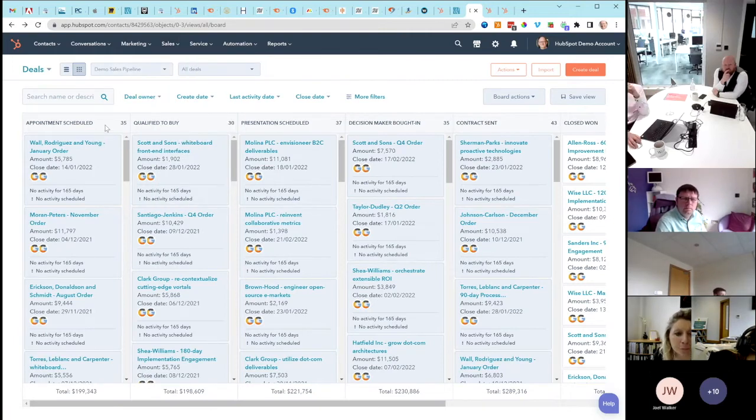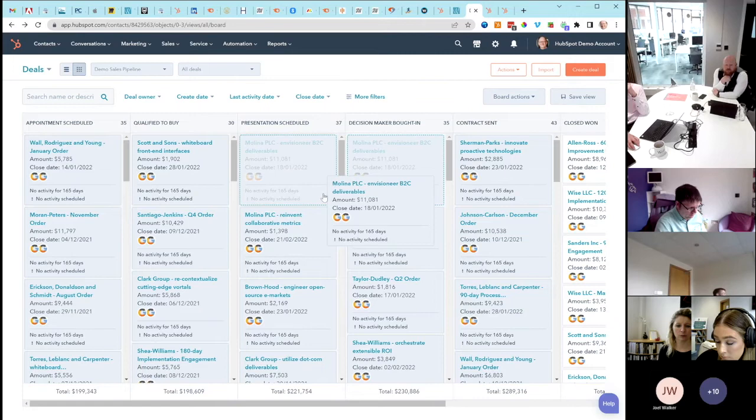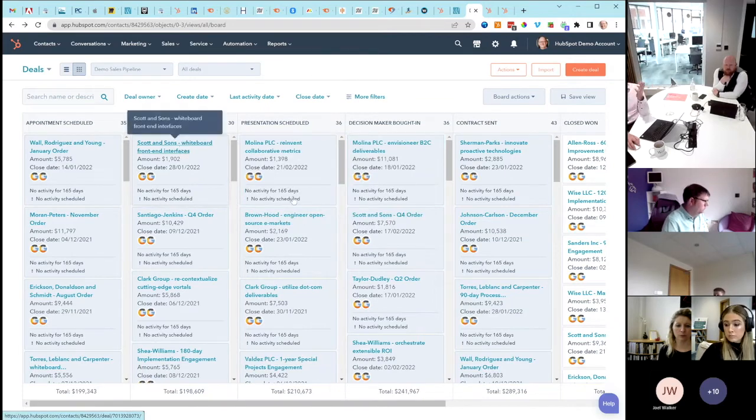There's a deal pipeline structure along the top here. You can tailor these to be whatever you want. It tells you how many deals there are in each stage, and down the bottom it gives you the value of those deals, obviously in local currency. And you can just drag and drop this stuff around. So I can grab a tile and drop it into another column. I can click on it and edit it, change any particular properties, attach a quote to it, whatever it may be. Each of these stages gets programmed with a percentage chance of success as well,